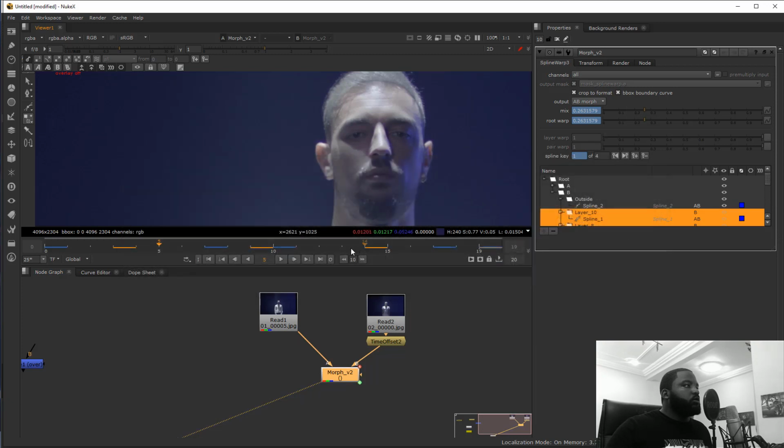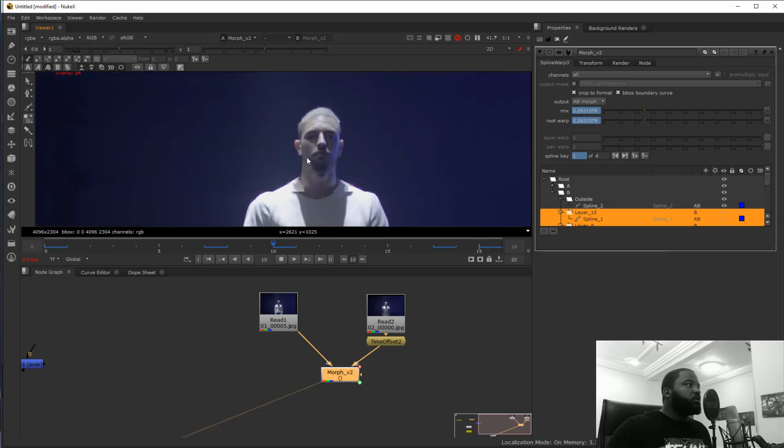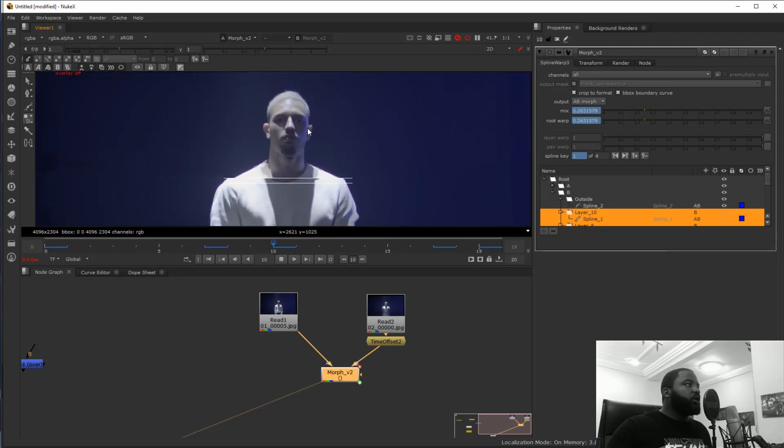I can now create a preview of this. So I'm going to create a range, pressing Q, that is the range here, create, to just render this part, right?